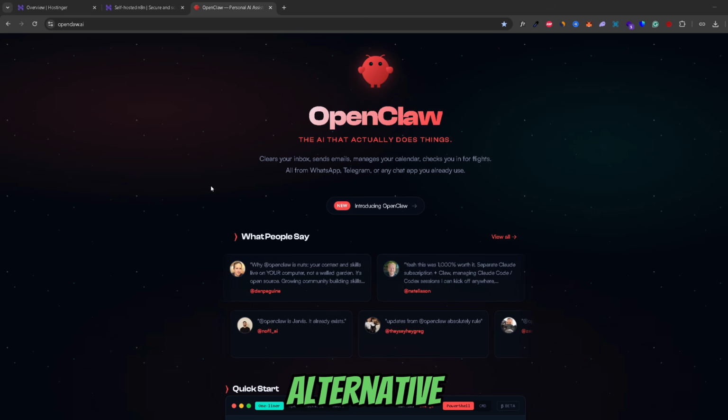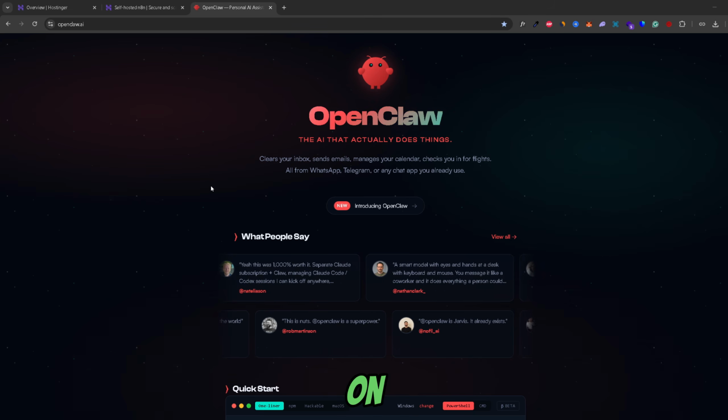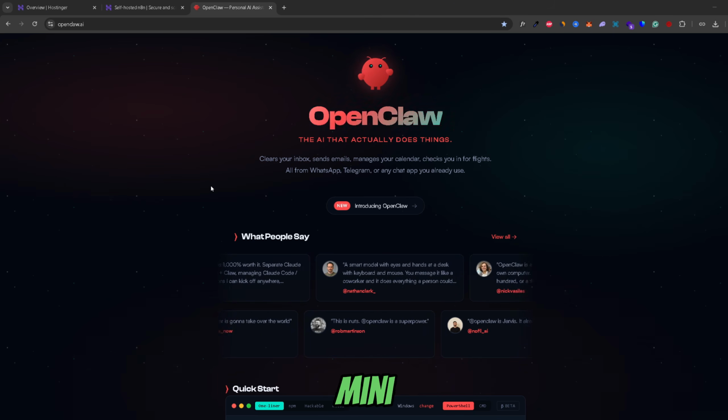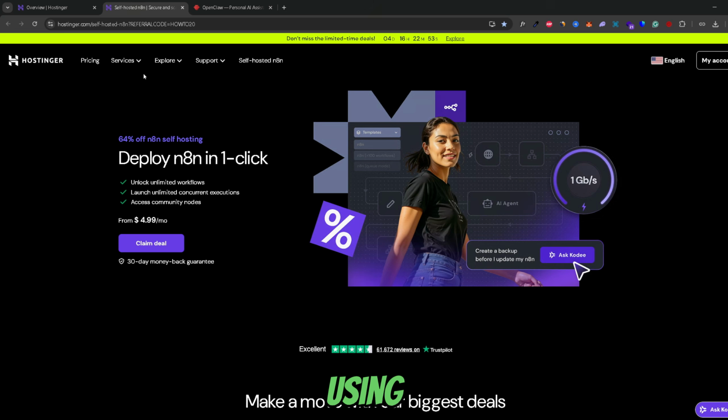It's a much cheaper alternative than spending hundreds of dollars on a dedicated device like a Mac Mini. So the VPS provider that I will be using is Hostinger because it's the simplest one to set up and also one of the cheapest. So this will be a budget beginner setup, and also because we're using Docker, hopefully we can avoid any errors